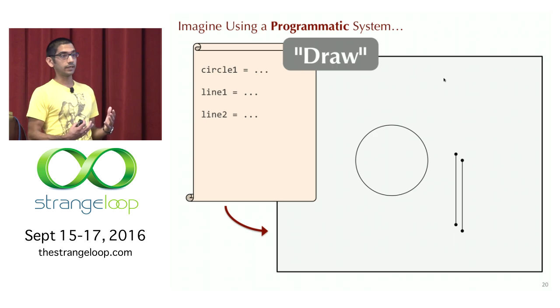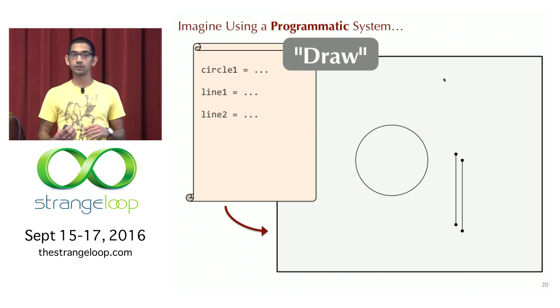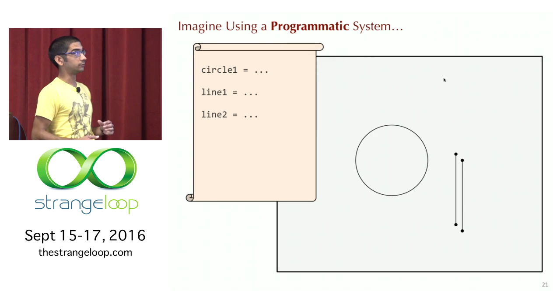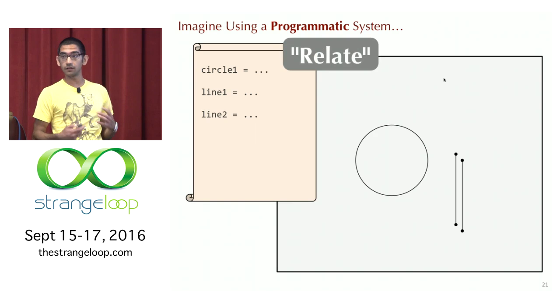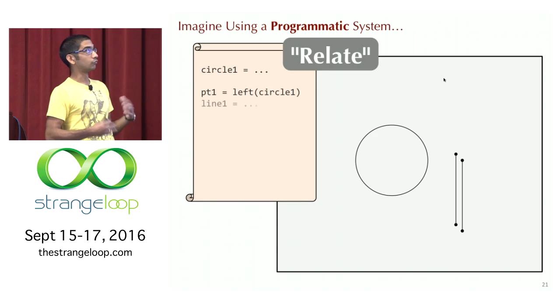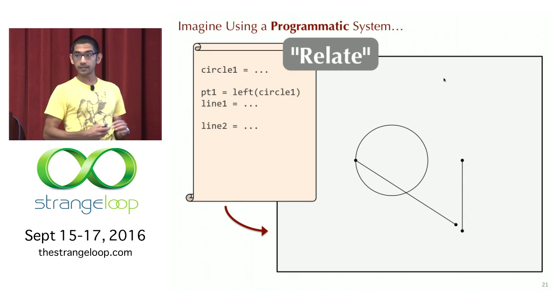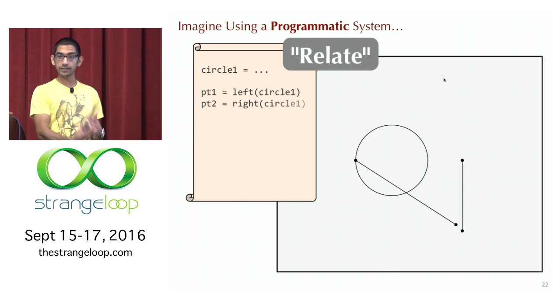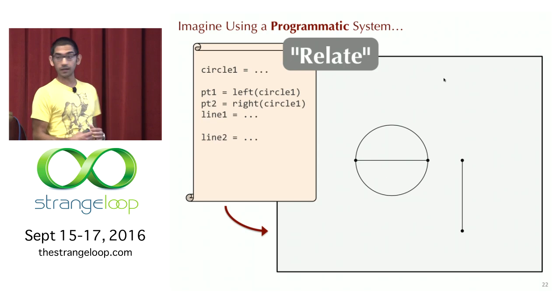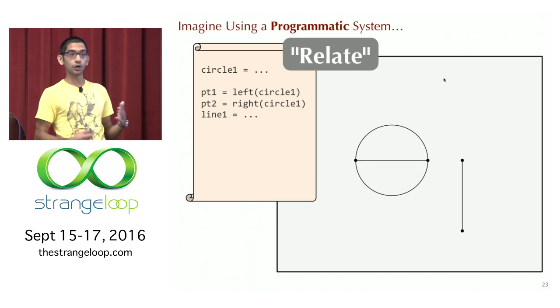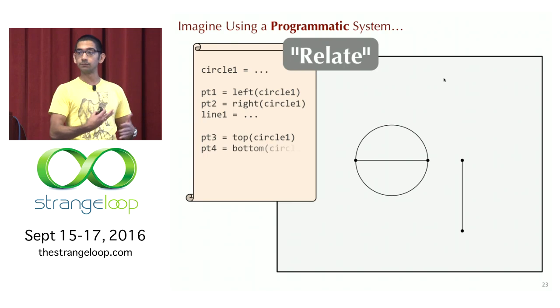Okay, so now that we have gotten basic things drawing, now we would think, how can I set up my program so that there are relationships that are captured in the output? So now I would maybe go and add some relationships between the left edge of the line and the circle, and run the program to make sure that they snap up correctly. Then I would go back into the program, add a relationship between the right side of the circle and the line, make sure they line up appropriately,